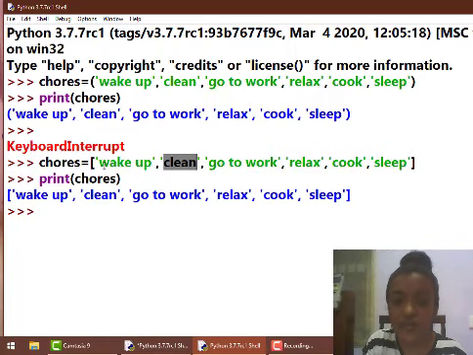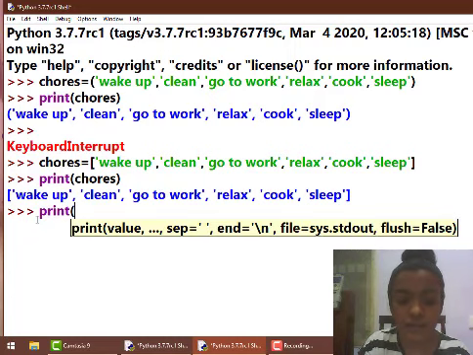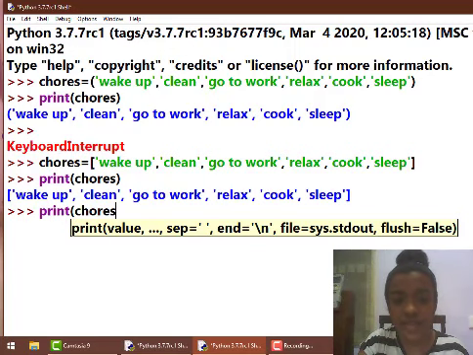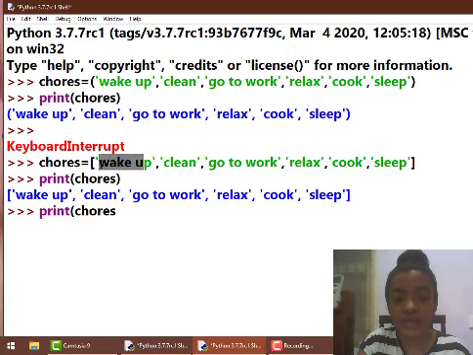So if I need to print wake up as my output now, I have to type print chores. Why am I printing chores? Because the data wake up is stored inside the variable chores.